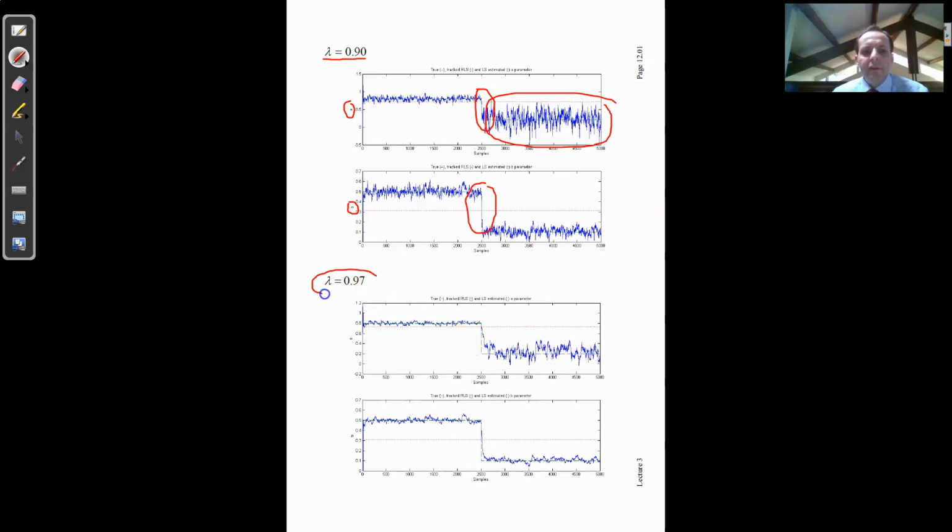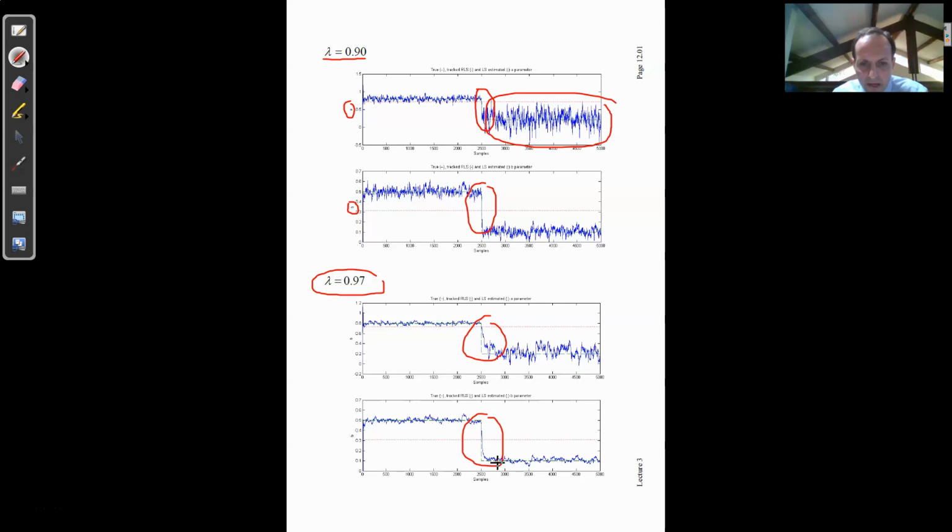But if you notice here, especially for the case of the value B, lambda tends to 1, so the value is 0.97. You can see here that the tracking is slower, so there is a delay. You notice that for the parameters there is a transient, it is not as quick as here, but takes, I can say,